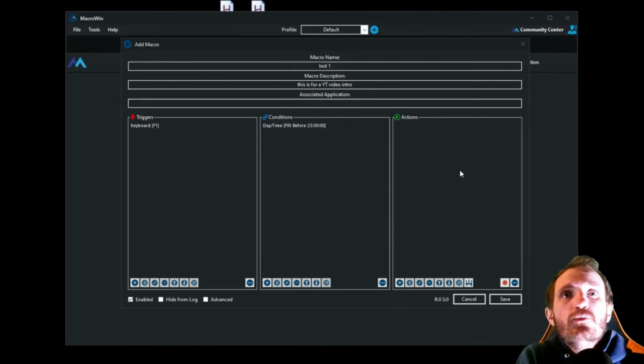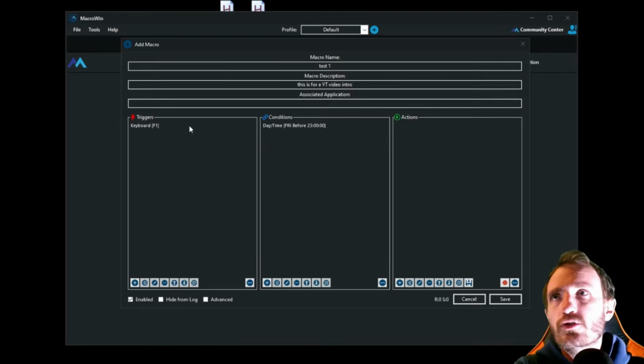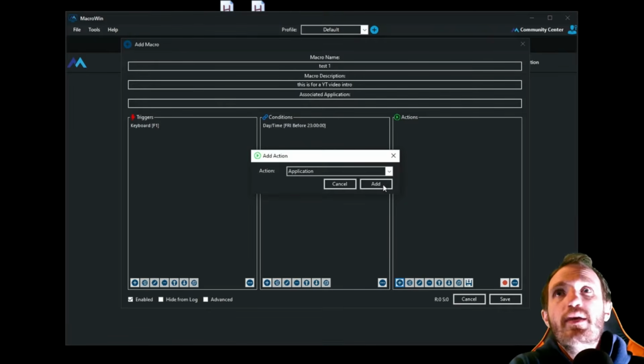Actions. Now here's where the cool stuff happens. This is where we want it to perform the automation for us. These are easy. You're going to know what you want. They're going to each take you like 10 seconds to set up. The actions, that's where you're really going to be spending your time. This is really where the magic happens.